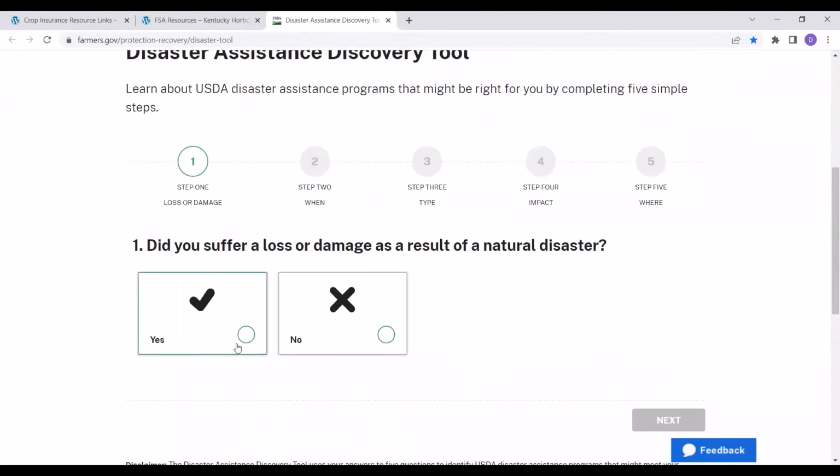But this one will help you see, you have to have an actual disaster in mind. So if you can think of a historical event, like you knew a tornado happened in this county, and you knew the specific dates, you can go through this pretty easily, and it would tell you what policies or programs would be good for you if that happened. So it's a little tricky to work through, but if you know of an event you can use as your event requested,